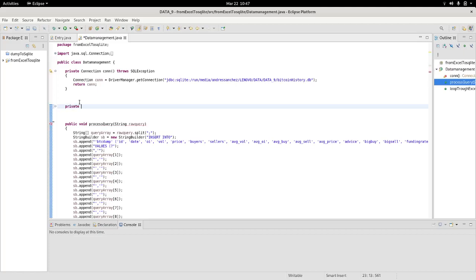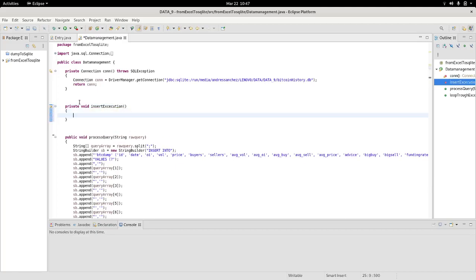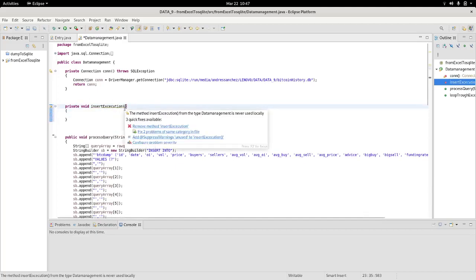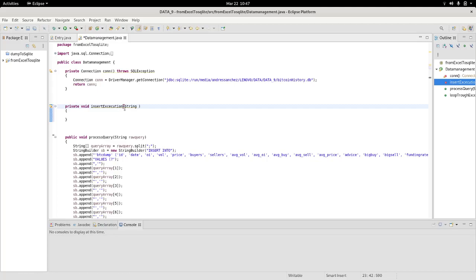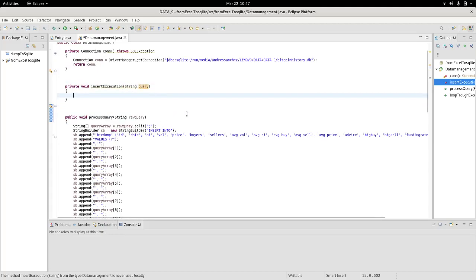Private void insert execution, we call this. This will take as input a string query, this time no raw query but just query, and it will use the connection